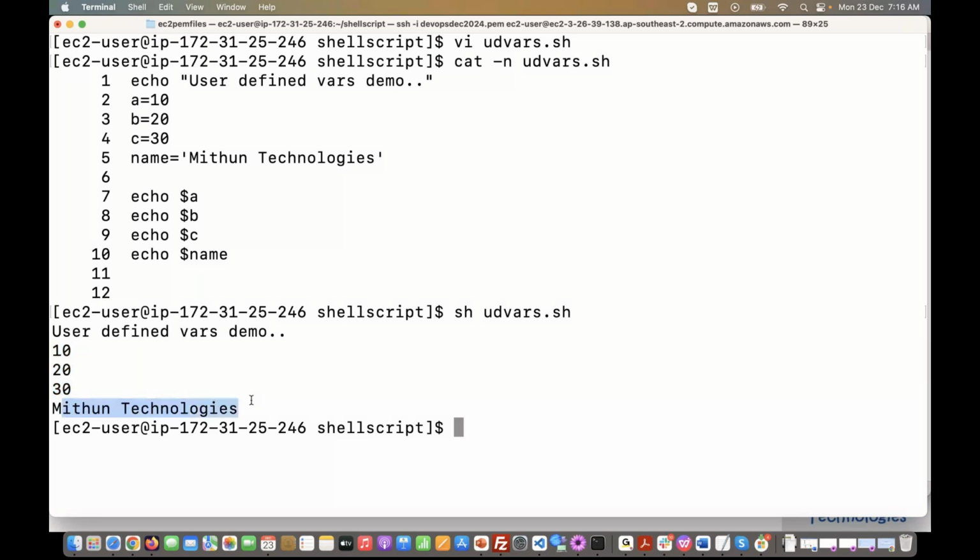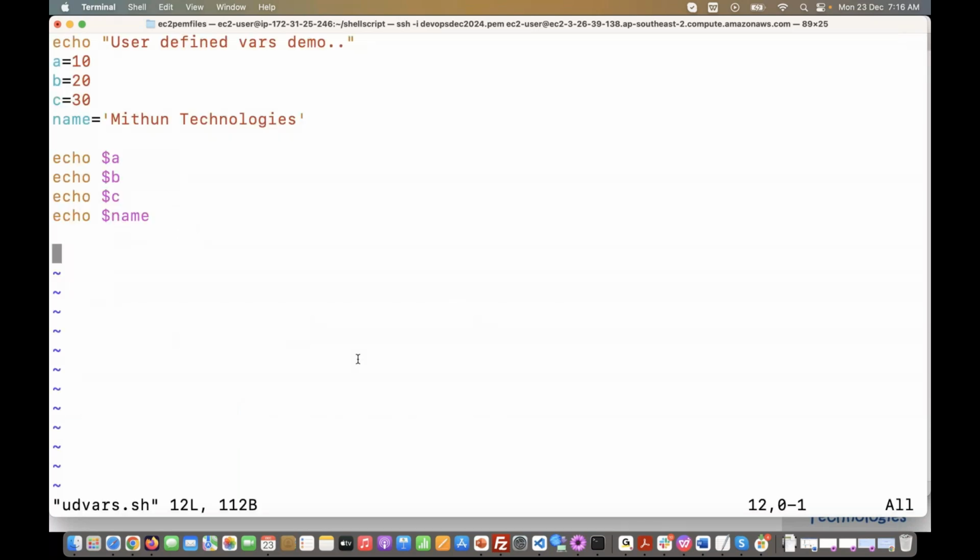Now my requirement is I want to display the description also: a variable value is, b variable value is, c variable value is, name variable value is, like that. So for that, here, a variable value is,